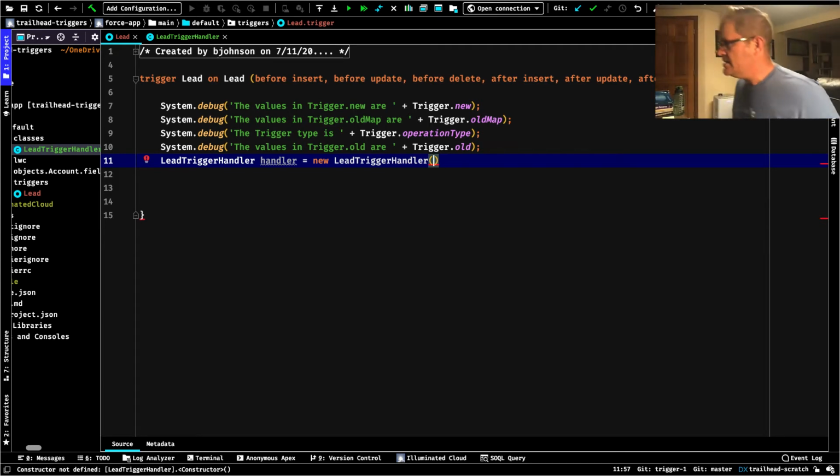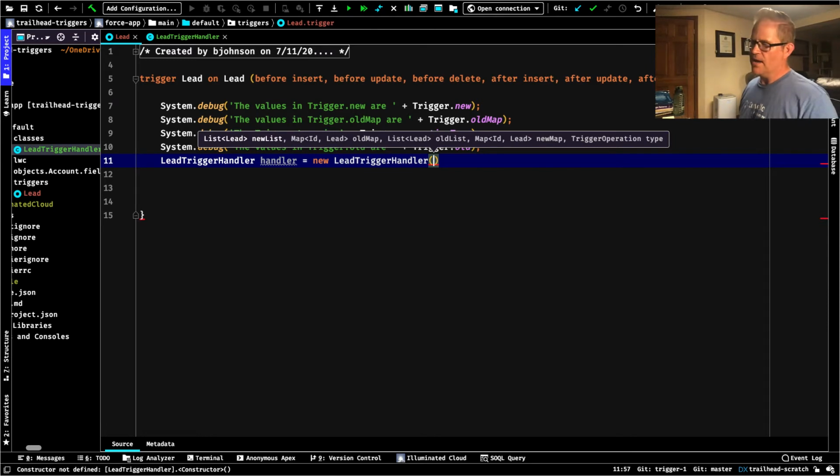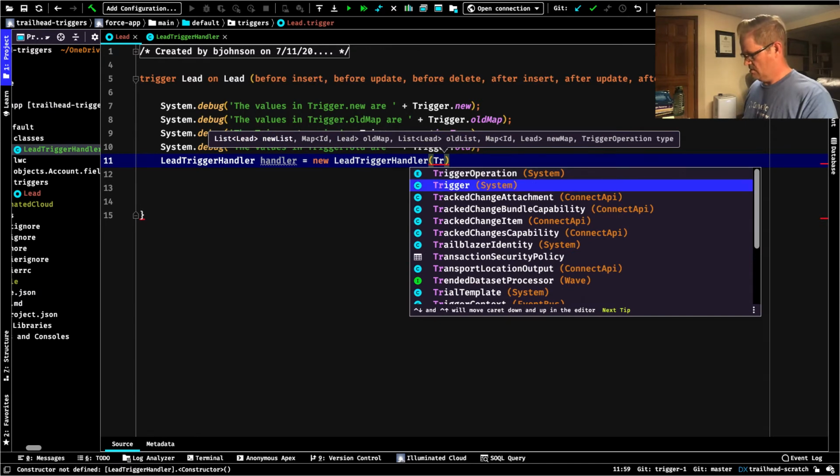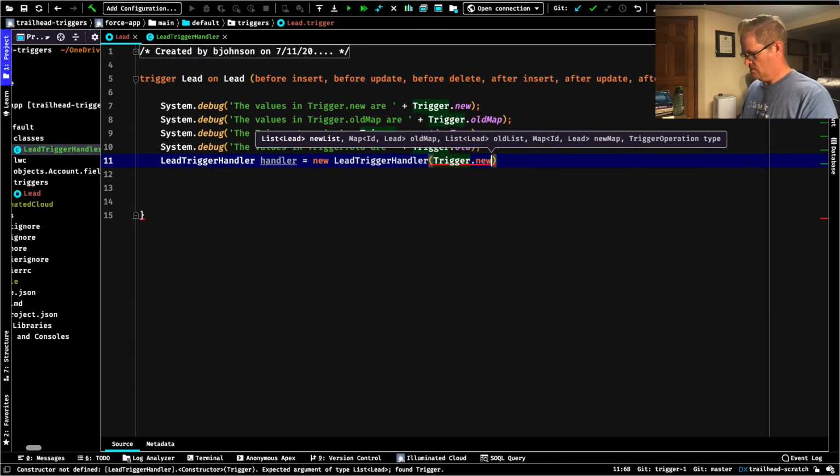Because I sometimes forget what I type, if I hit Control P in my editor, Illuminated Cloud, it tells me the parameters it's expecting. So remember, it needs the trigger.new, so we're going to give it trigger.new, trigger.oldMap,